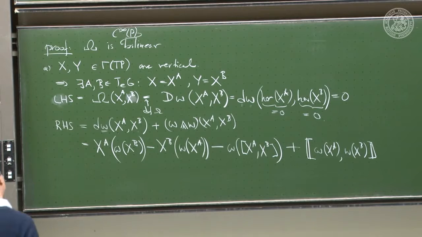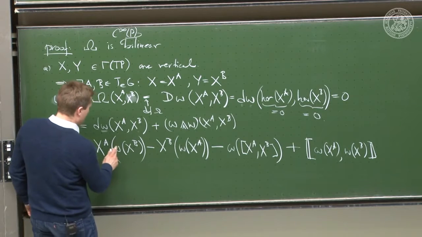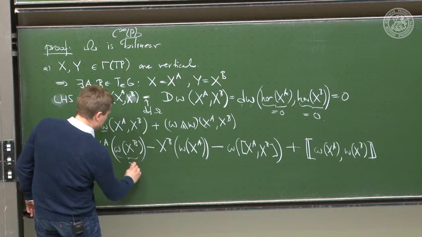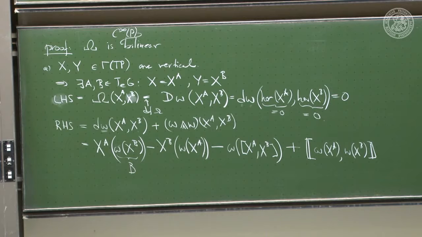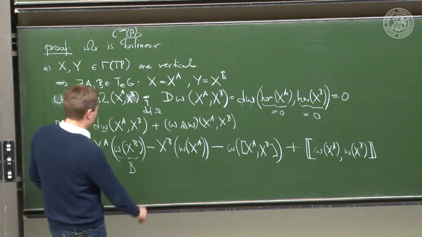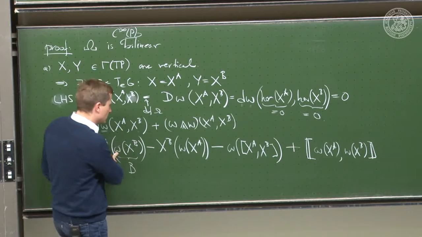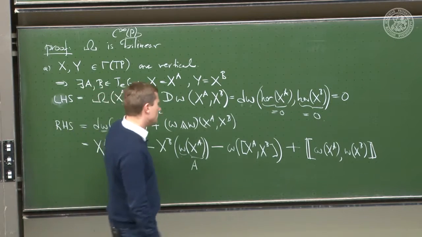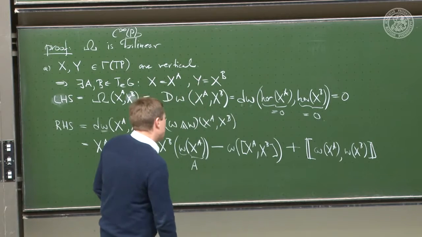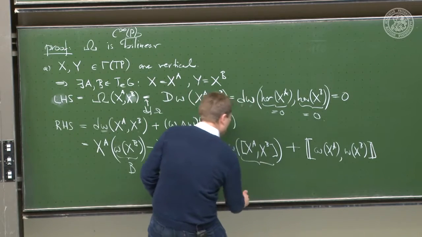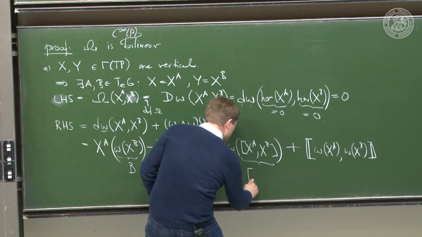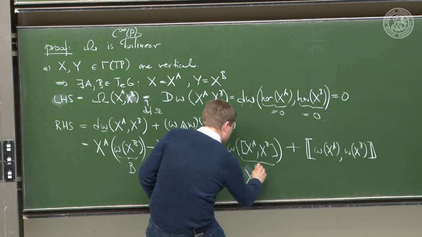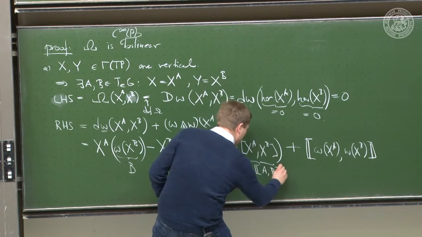So how does this evaluate? Well, what is the omega of such a vertical vector field? It just yields the Lie algebra element B that produced it. That's a property of omega being a connection 1-form. Here it yields the A. Here we mentioned this. This is the induced vector field, namely the one induced by the Lie bracket of A and B,